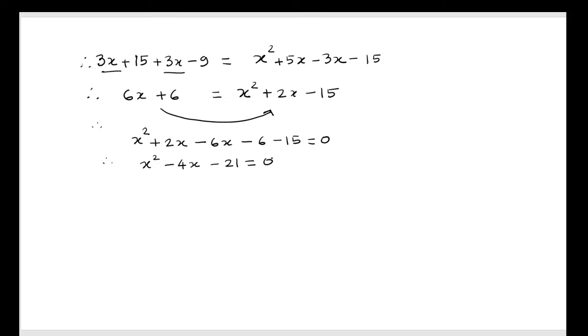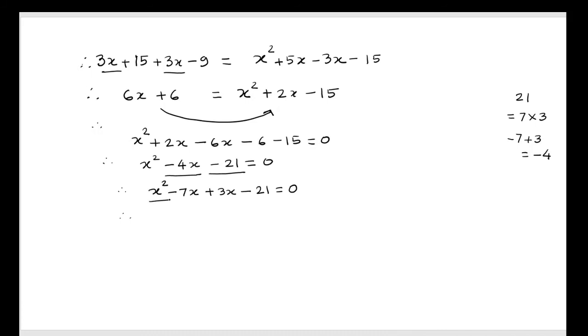21 equal to 0. Now you notice that this quadratic equation is having this constant term as minus 21 and the middle term is minus 4x. Now the factors of 21, if you consider, are 7 multiplied by 3. But as you want the sum of the middle term to become minus 4, let us consider them to be minus 7 plus 3, because this will be minus 4. So putting it in this quadratic equation, we get x squared minus 7x plus 3x, which is eventually minus 4x, minus 21 equal to 0.